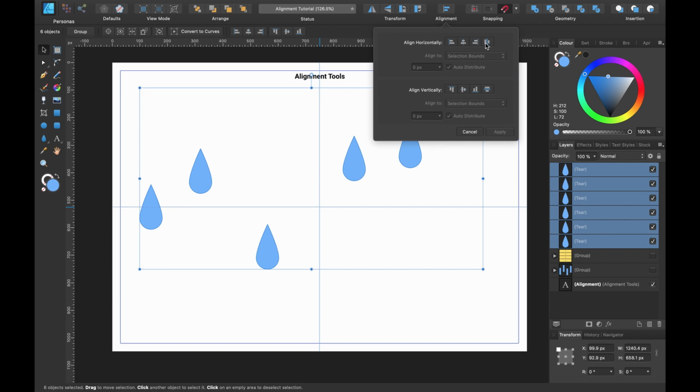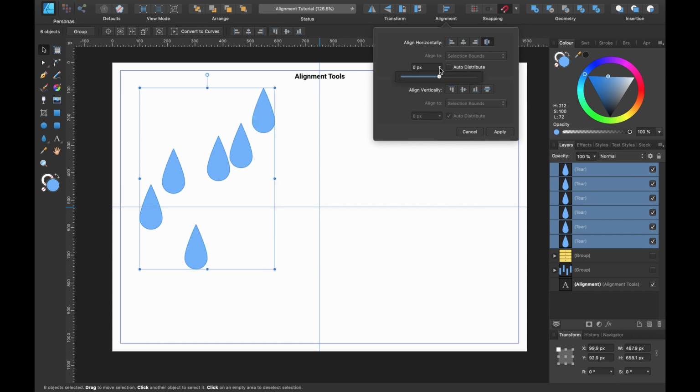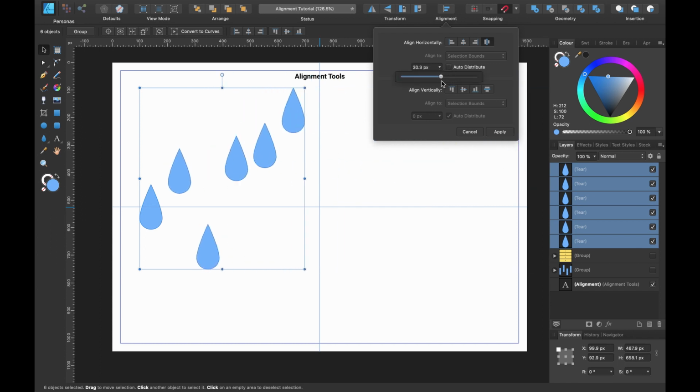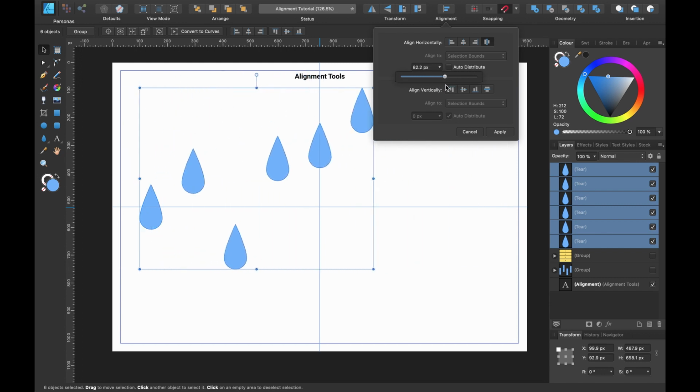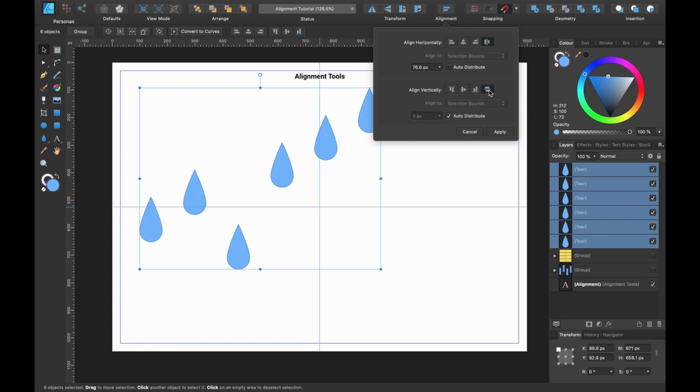and I'm going to align horizontally first. I'm going to uncheck auto distribute. I'm going to choose how much space we want between them. So let's just make it around there. And I'm going to head over to space vertically. And now that looks a bit too uniform, so it's good to just play around with these settings until you're happy with what you see.